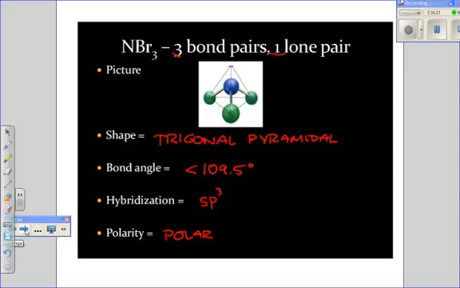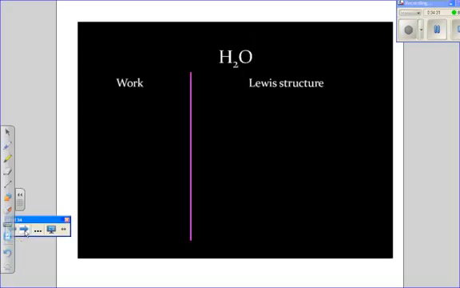So that's another shape that I could have with 4 total bond groups. Again, 4 total bond groups is based on 109.5. That angle shouldn't be too bad. Water,